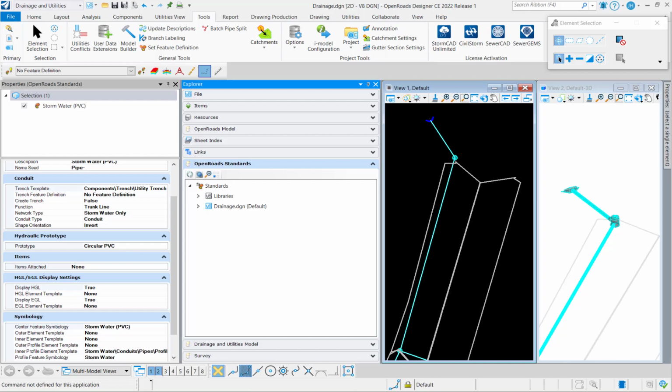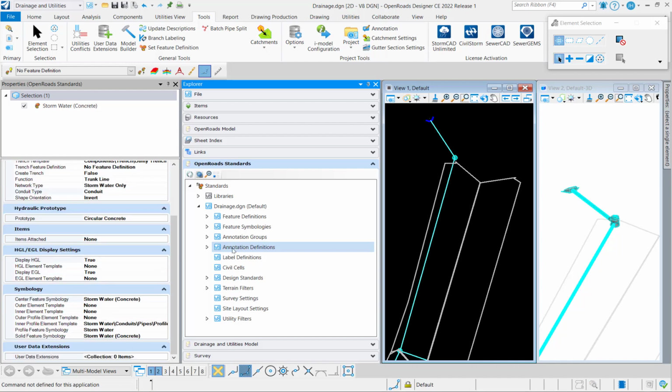When you're using this inside of a design file, anytime you go and place a node or a conduit or use any of those different feature definitions, it's going to look inside of the workspace files, so all of those DGN libraries. It's going to copy what you need, the feature definition you used, and it's going to copy that inside of the design file that you're currently in. So it's going to copy the feature definition and then any workspace element that's dependent on that feature definition. So that's going to also include any type of feature symbologies, annotation groups, annotation definitions, as well as any element